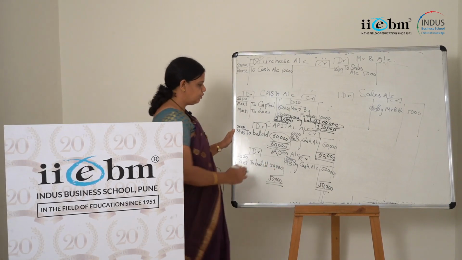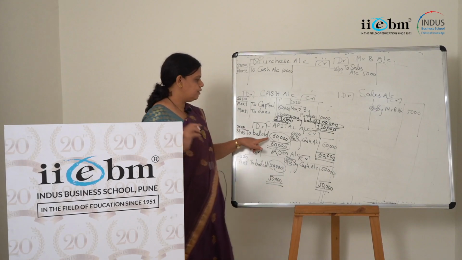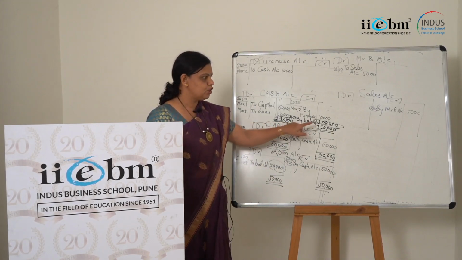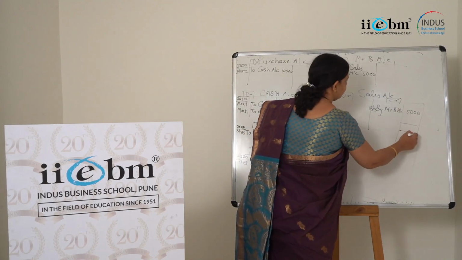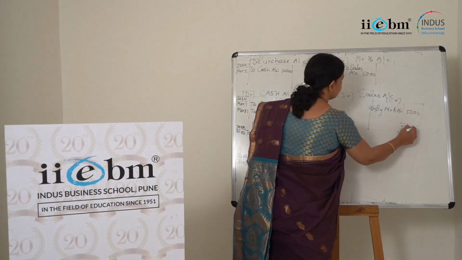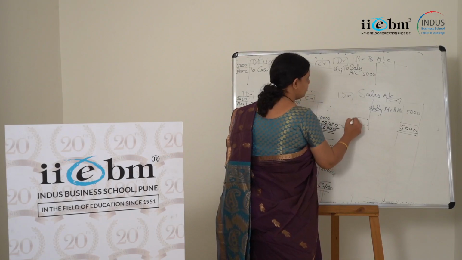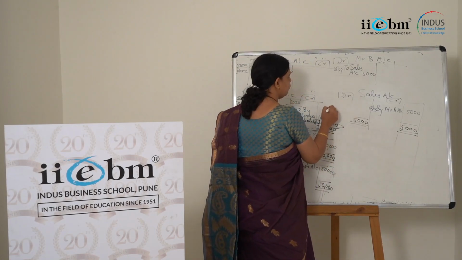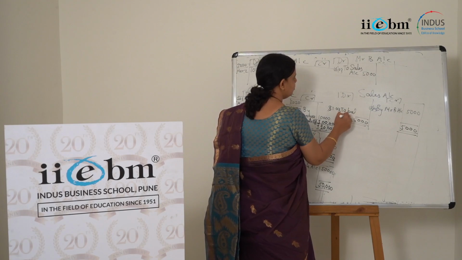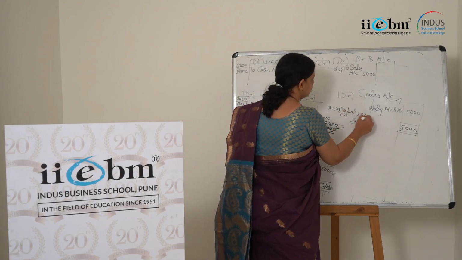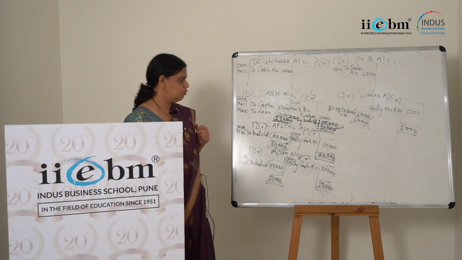50,000. What is the amount? 50,000. Whatever balancing amount I am calculating, I am just putting the circle over here, right? Sales account, if I close, credit side total is 5,000, nothing on the debit side. So on 31st of March, to balance carried down, what is the amount? 5,000.